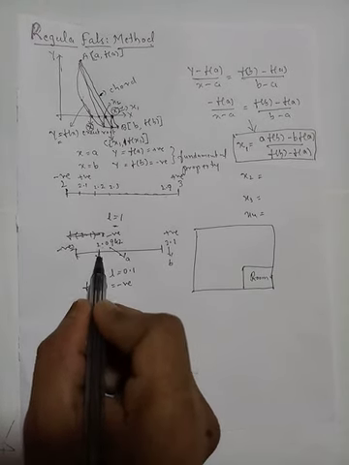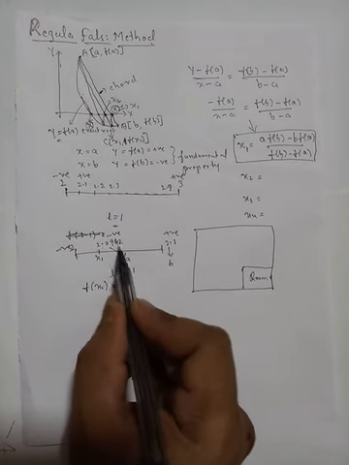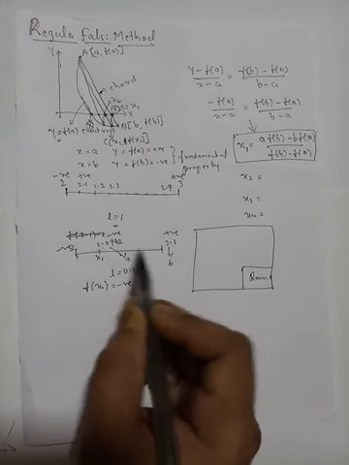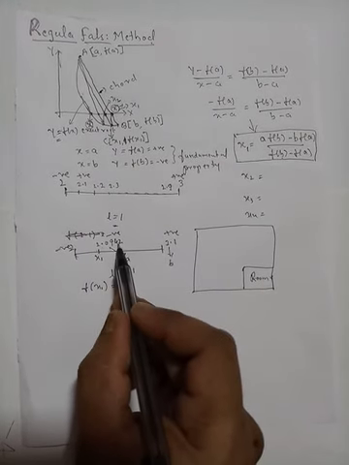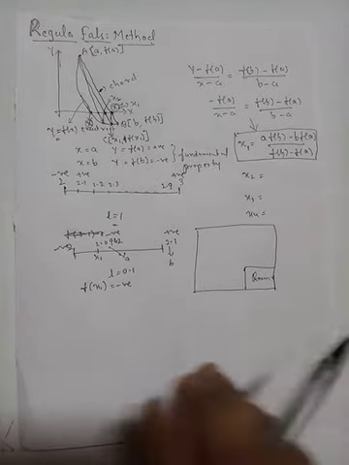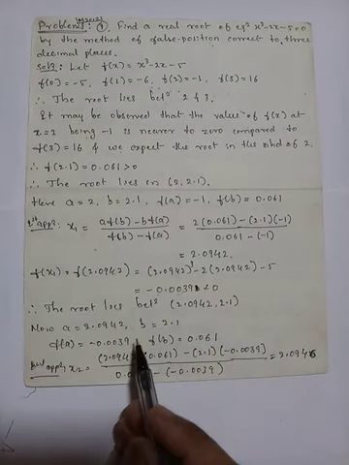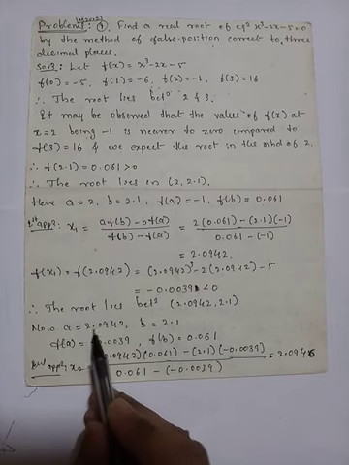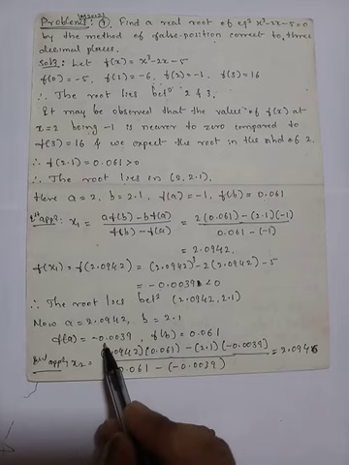The one value must be negative, the other value must be positive. Therefore our new value of a is 2.0942 and b remains the same, 2.1. So taking a as 2.0942 and b as 2.1, we continue the next iteration, and you have to write clearly. So our new value of a is 2.0942 and b is 2.1, and write f of a and f of